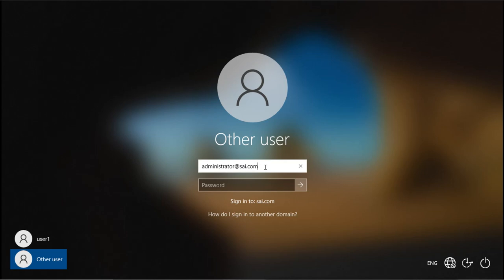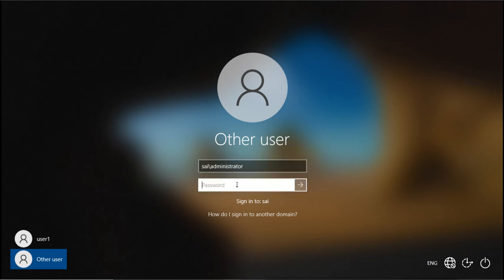For a normal user, even if you do not give the @ domain name, it will be okay. But especially for the administrator account, you have to give it like this. Or the other option we have is that we give the domain name first, and then we mention the name of the user account, and then you can see the domain name is showing here. So we can mention the user account at the domain name, or we can mention the domain name slash the user account. We have both options, but make sure when you're logging in as an administrator that you know what you want.